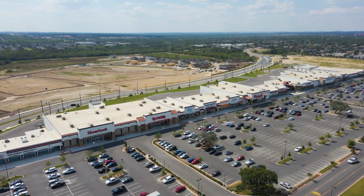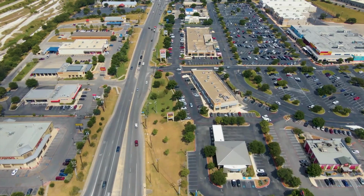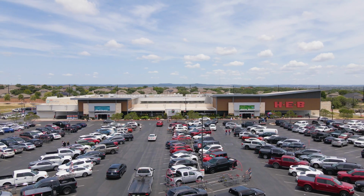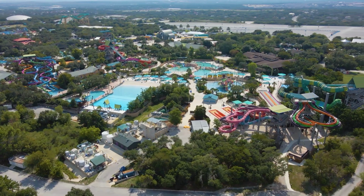Potranco, and it's where you'll find the latest lifestyle centers with some of the very best dining, entertainment, and conveniences in the entire city. The way that it's set up around here, it doesn't matter if you're looking to get a haircut, grab a cup of coffee, snag a bite to eat, or go to a movie. Everything is about 5 to 10 minutes away from everything else, which includes SeaWorld just on the other side of